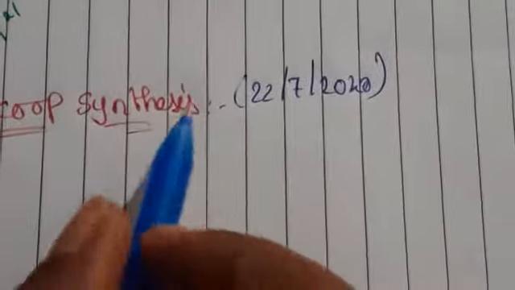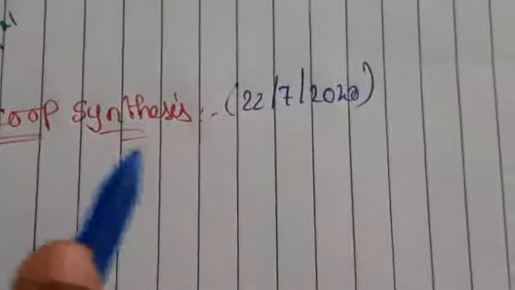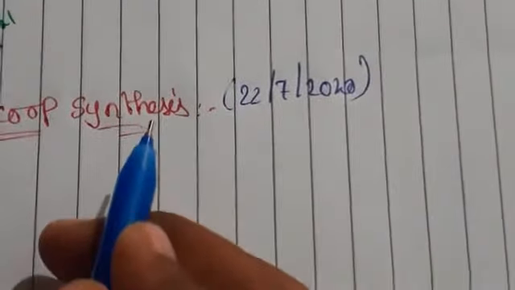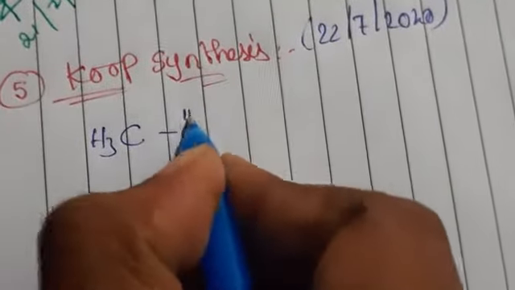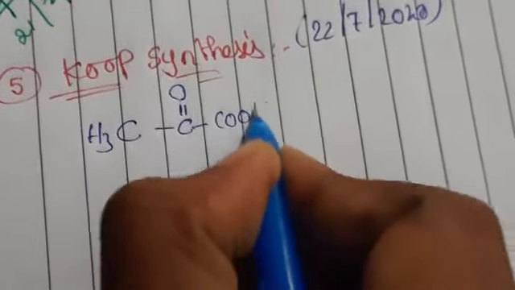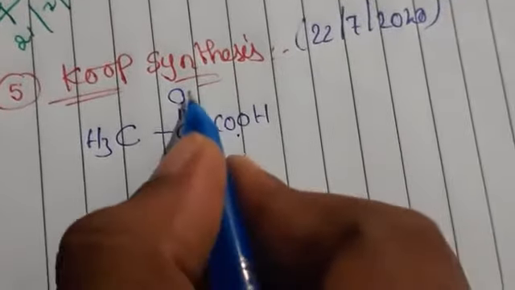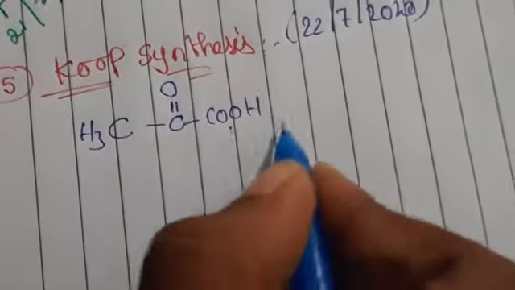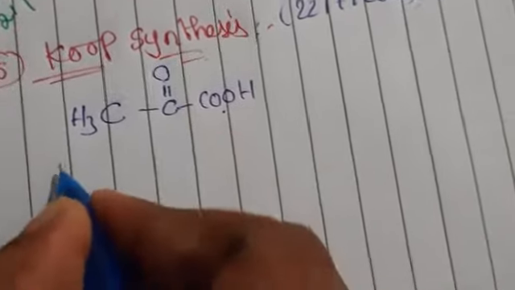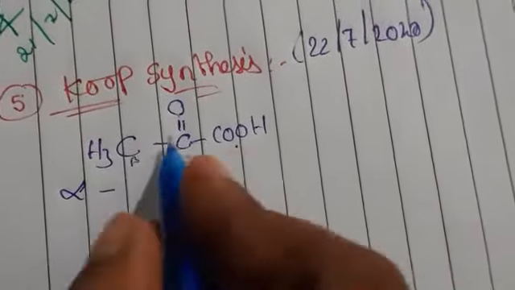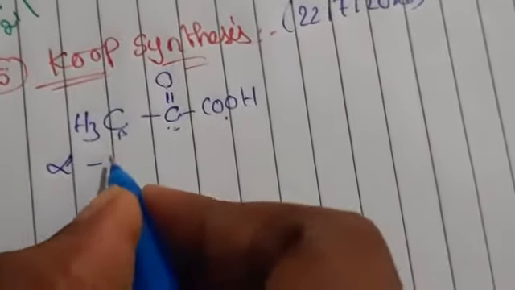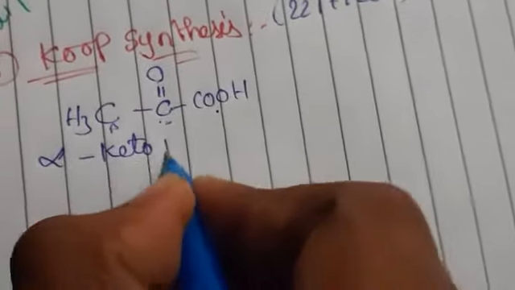So in the Knoop synthesis we have to take the reactant alpha ketopropanoic acid, or we can say peracetic acid. So here CH3 C double bond O COOH. See here, COOH is there. So 3 carbons here, generally this is a propanoic acid. So here at the first position is the alpha position, this is the beta position. So we will be saying this one as alpha keto